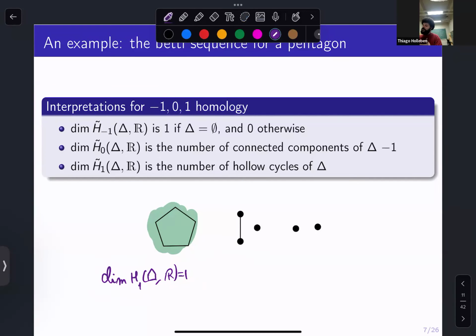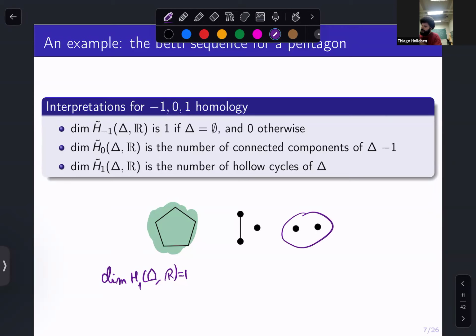Now, if you want to look at every induced subcomplex, you basically need to pick a subset of the vertices, and then check whether this has homology or not. If a subcomplex doesn't have homology, it won't contribute to the sequence, so we don't need to look at it. If you take, for example, 2 points to define your induced subcomplex, you would have something like this, and this doesn't have homology, so it won't contribute. If you want 2 vertices contributing to the sequence, you need to pick 2 vertices that are not adjacent, like this.